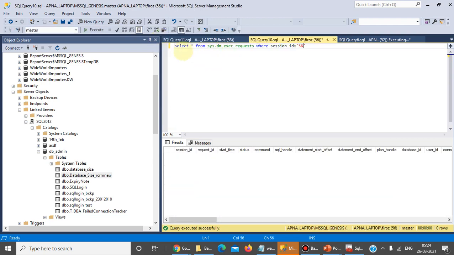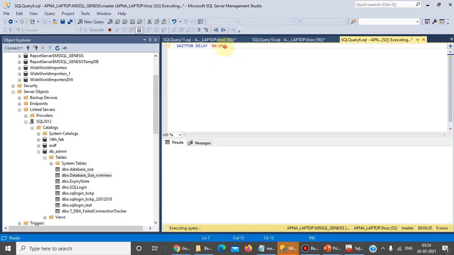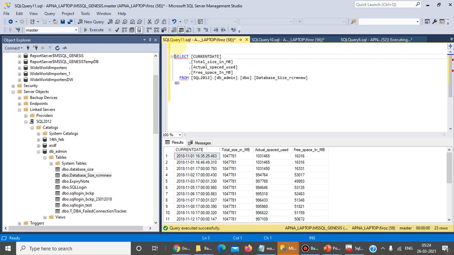Let's proceed with the wait for command and run it to capture some wait type, a wait type related to the linked server. We can capture wait types related to the linked server.